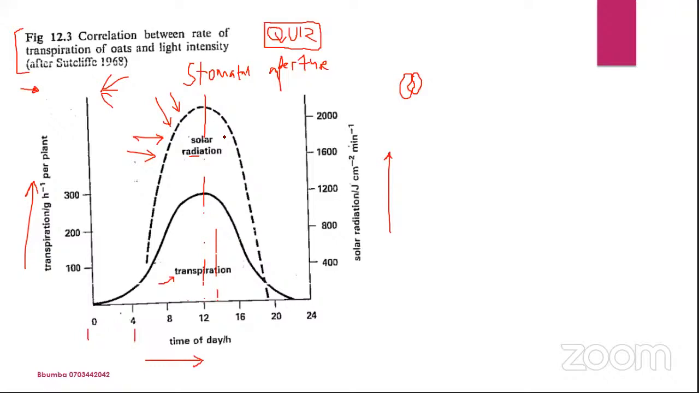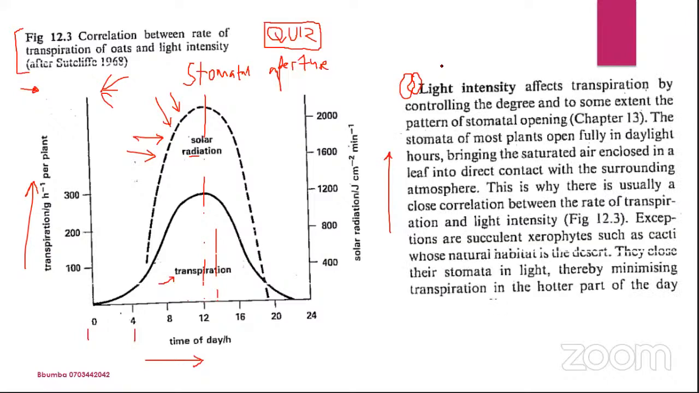That means there is high light intensity, which increases the opening of the stomata, and so water is easily lost, which increases the rate of loss of water from the plant leaves. So I think you guys have gotten what we're looking at. So you can look at this, that light intensity affects transpiration by controlling the degree and to some extent the pattern of stomata opening. You can get this from